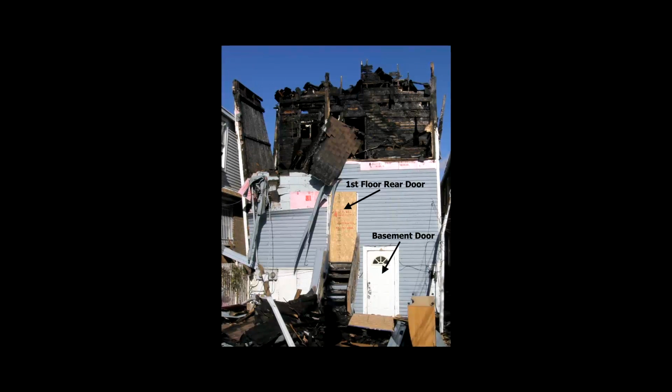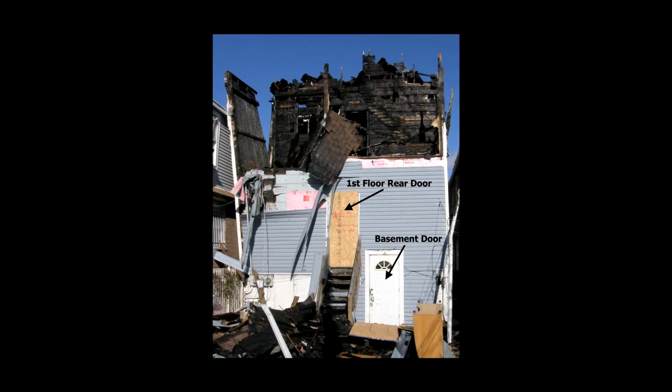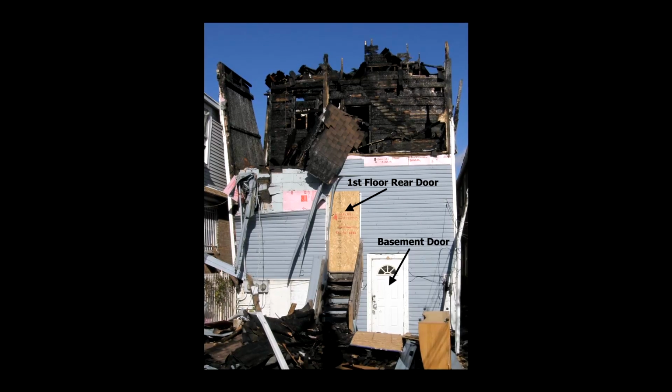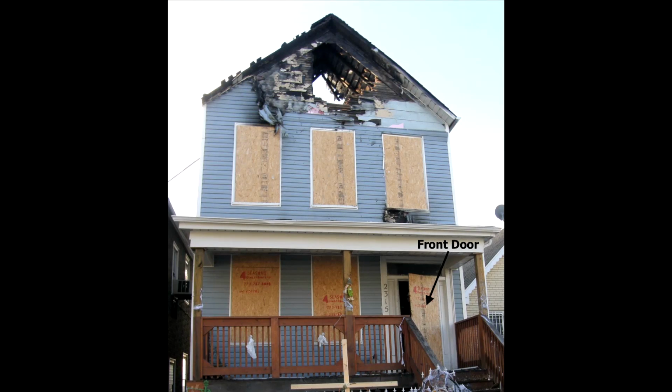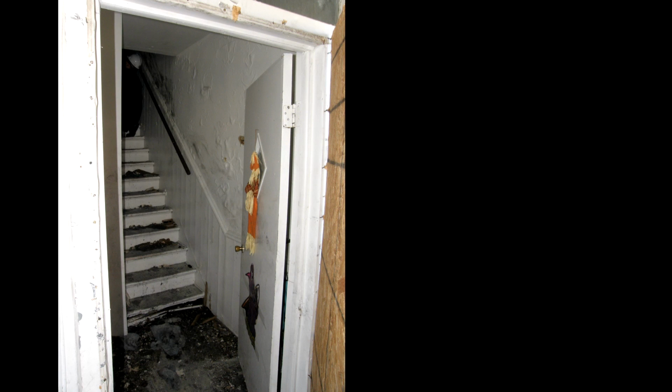At 5:16 in the afternoon, dispatch called a still alarm for smoke in the area. Battalion 19 arrived on scene within a minute of dispatch. He reported a working fire with heavy smoke showing from the rear in front of the structure's attic. Battalion 19 made entry through the front door and took the stairwell to survey the interior of the second floor. He observed a light haze of smoke throughout the second floor and a glow around the rear door to the